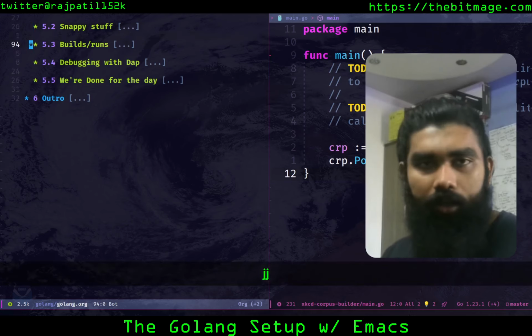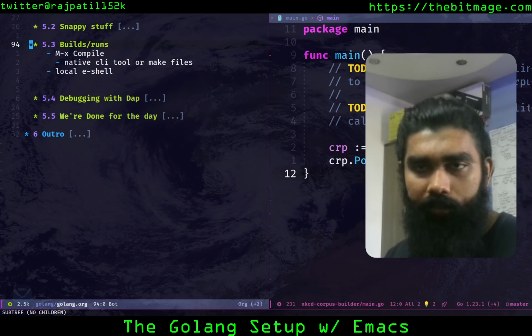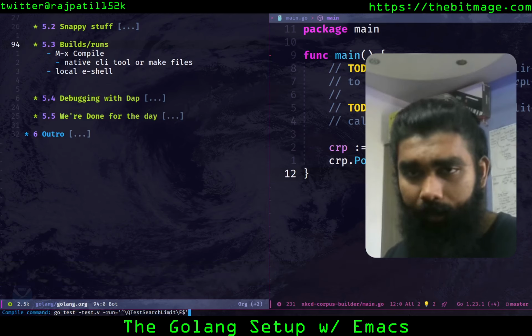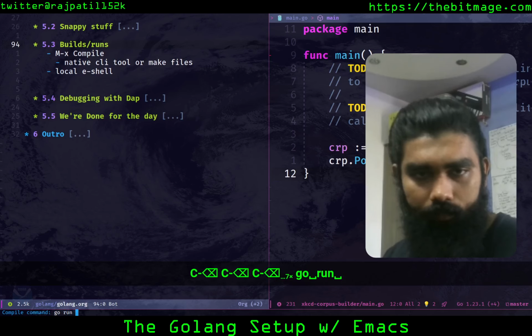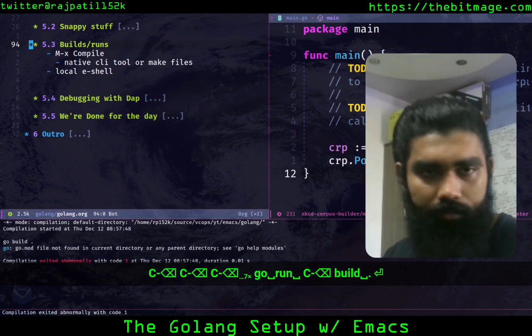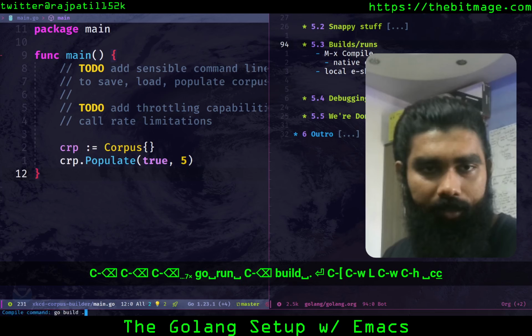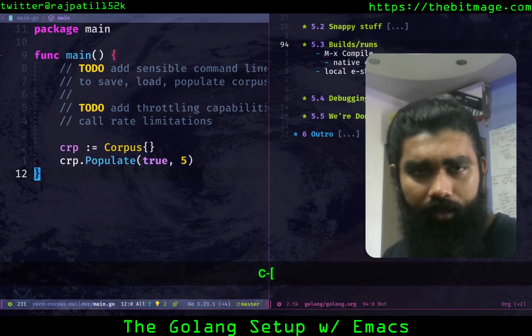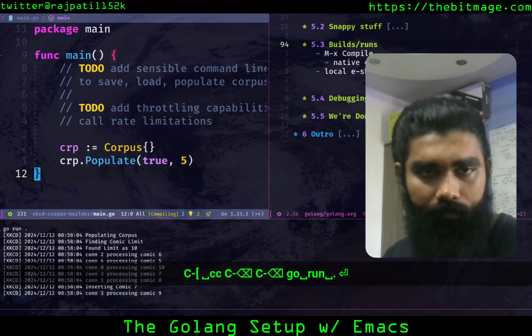All right. Another handy thing is M-x compile, or meta-x compile. I mean, you can use it anywhere. I have it bound to space cc. It takes the last command that you ran relevant to this particular project and is going to execute that for you. I don't want to run that. I just want to do a go build. Let's just do a go build. And it did not build because I'm in the wrong directory. I'm in the golang.org. Let's do a space cc here, go build, and it built. If I wanted to do a go run, I think I just hit space cc again. Go run. And it's gonna run the thing